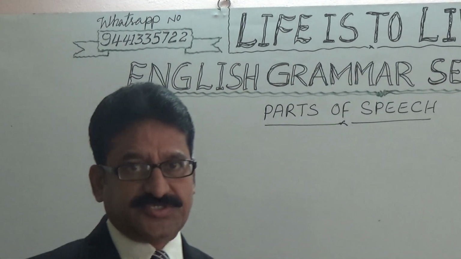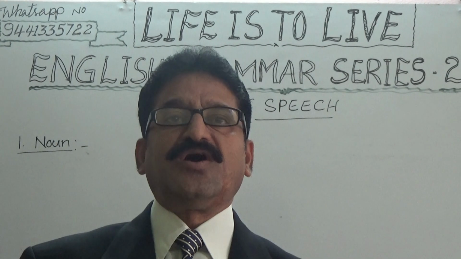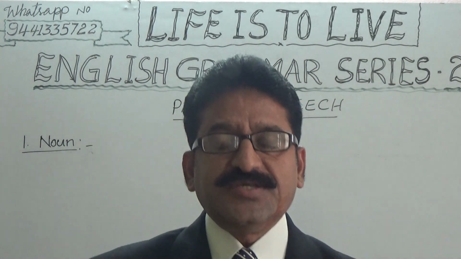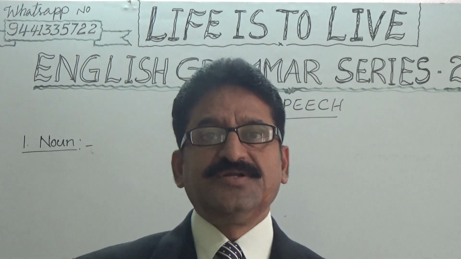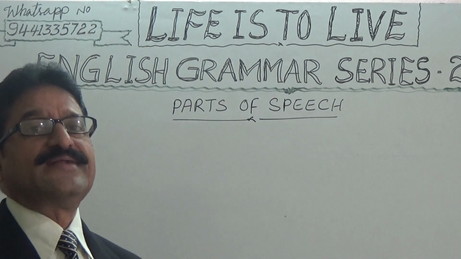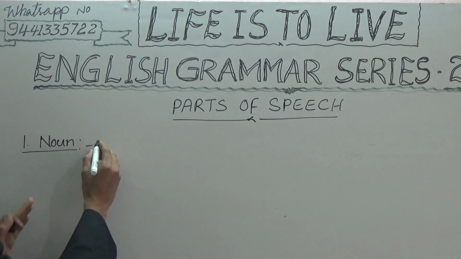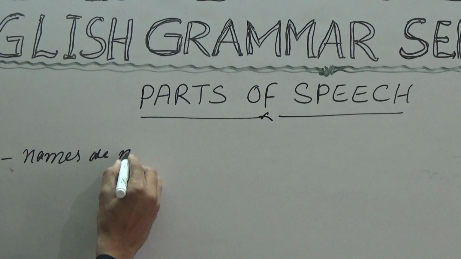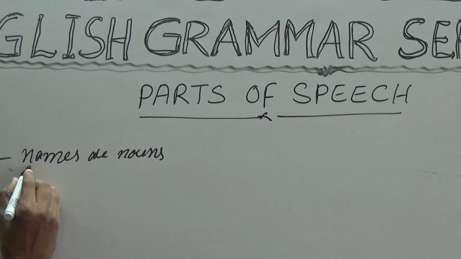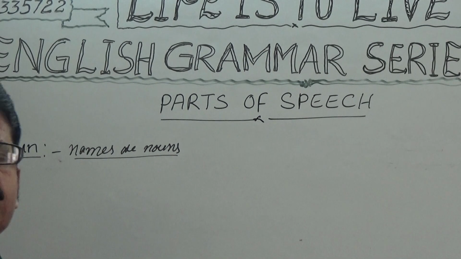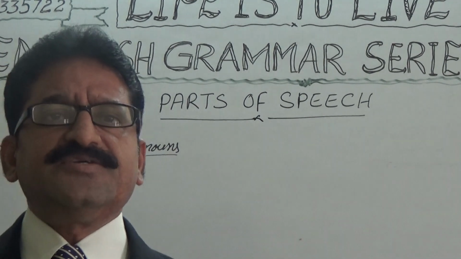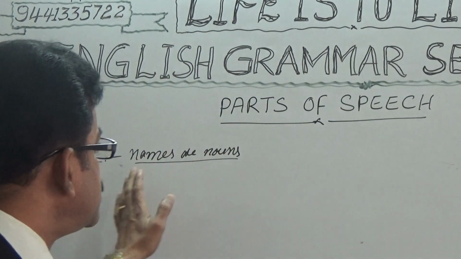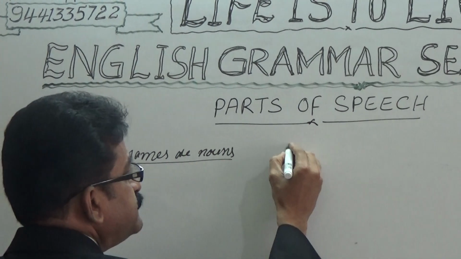So what are nouns? Nouns are names of persons, places, things, objects, something like that. Though it is the standard definition, to make you understand in simple terms, I just call these nouns as names or nouns. See how simple it is? Names are nouns, that's it. Either it is a name of a person or a place or a thing or object, whatever it might be. Names are simply nouns. For example,